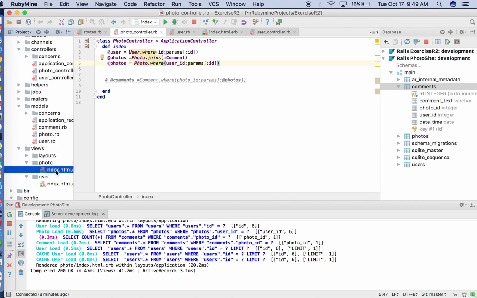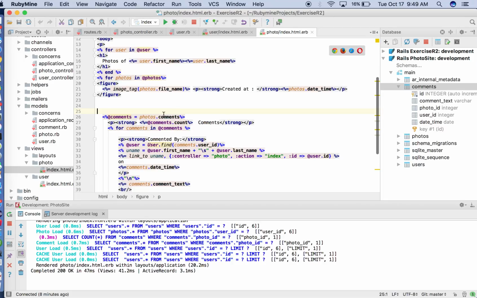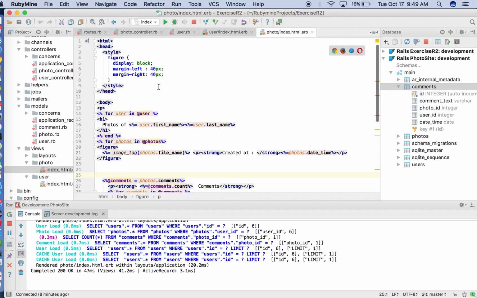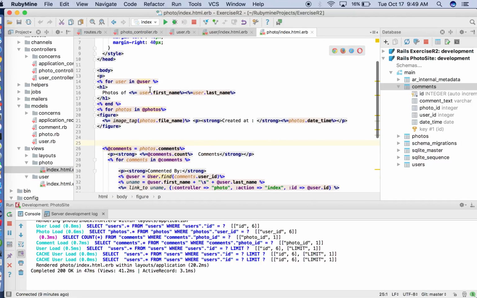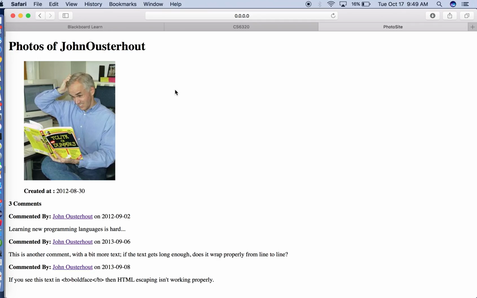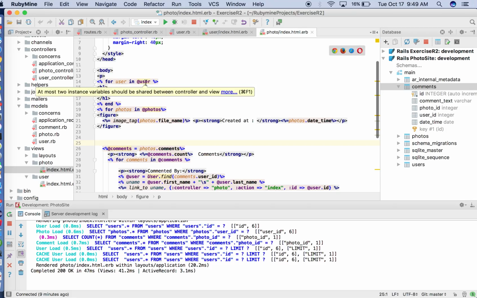Inside that I have an index method for that photo view, sorry, index HTML code. That is, as you know, this extension, if you see index.html.erb, it is embedded Ruby. So in this again I have done some styling using HTML, and also I'm displaying, as I'm displaying here, if you see photos of this, I am displaying by getting the user name